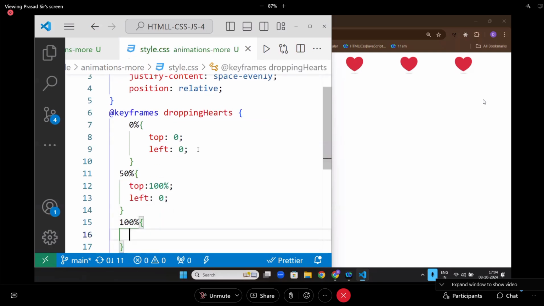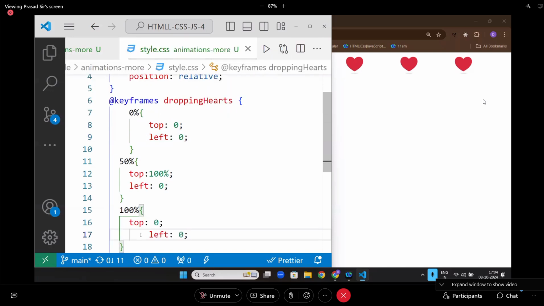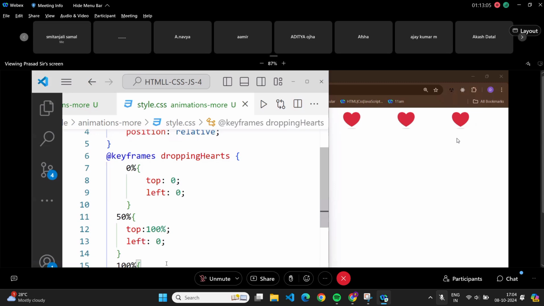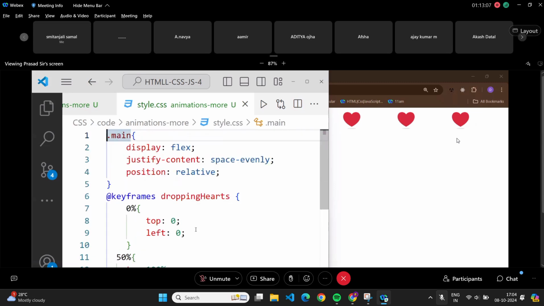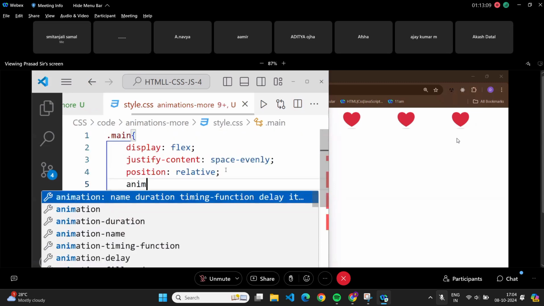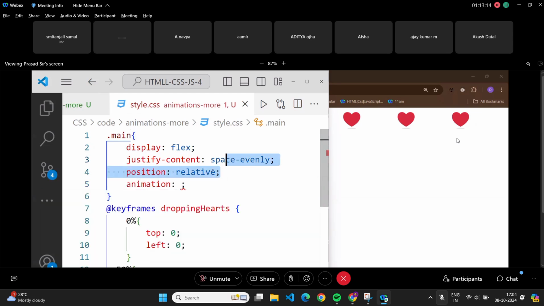I am not making a big animation, a short animation. So it's like come down, go up. Any doubt, sir? Let's see whether our logic will work or not. Animation. Animation will contain first the animation name. What is the animation name? How much time will your animation take? Like 5 seconds. Okay. Now, what kind of mode you want is